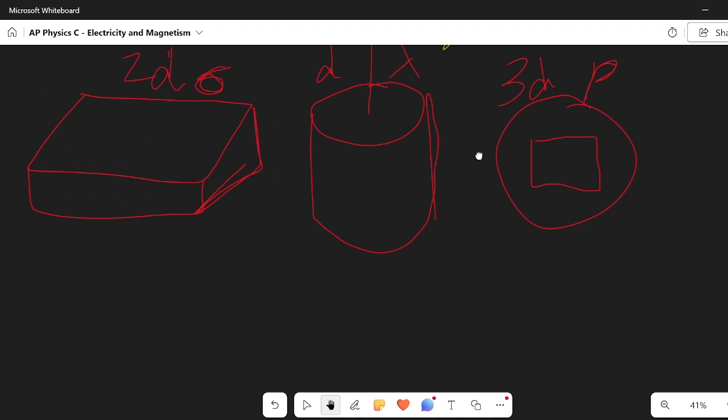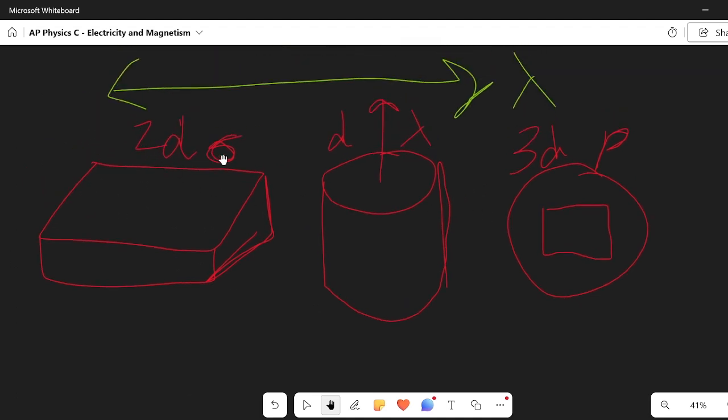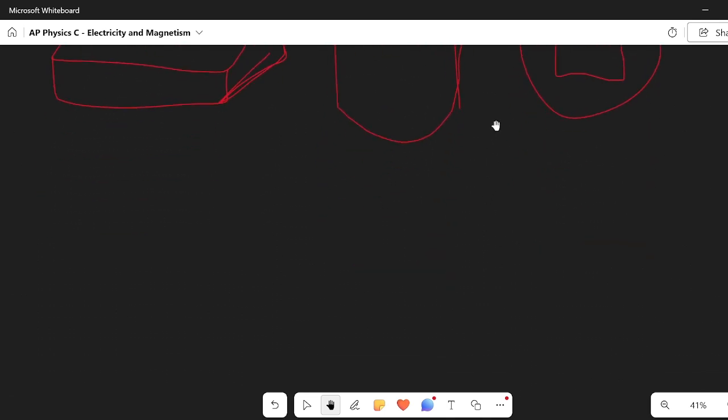We'll be looking at an example for all three of these. We're gonna do a problem where we first use the box, a second one where we use our cylinder, and a third one where we use our sphere. So essentially, to find the electric field at a point in space, you must create a Gaussian surface, right? One of these three Gaussian surfaces, because these are the only ones we're going to have to use on the